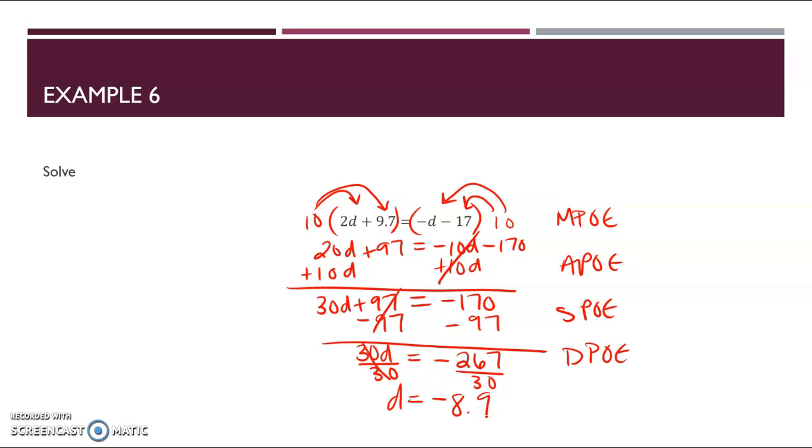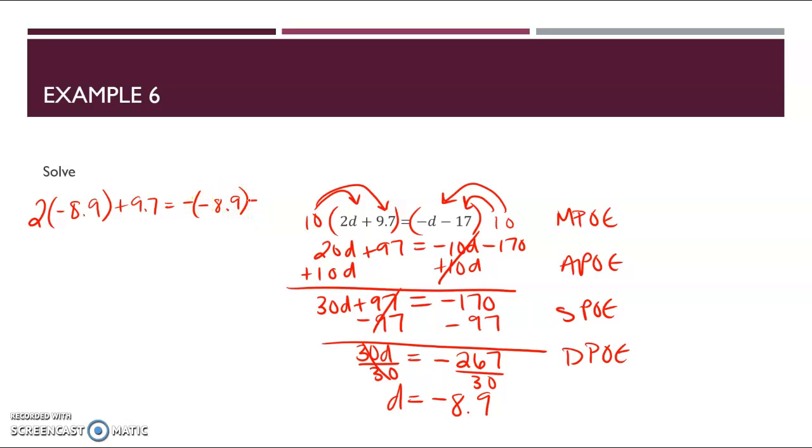And if you're like, oh, it's a decimal, is that correct? Because that's normally what students do when they see a decimal answer. They don't think that a decimal could be a correct answer, but it is a number. There's nothing wrong with decimal answers. Just double check them. 2 times a negative 8.9 plus 9.7. Remember, we always check in the original equation just in case our distribution or our multiplication is where our mistake was made, minus a negative